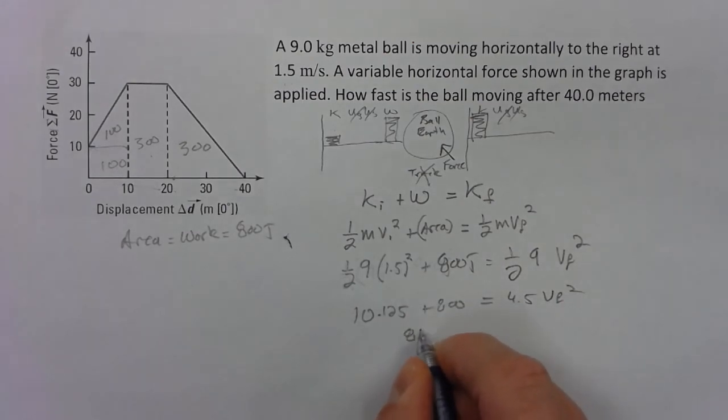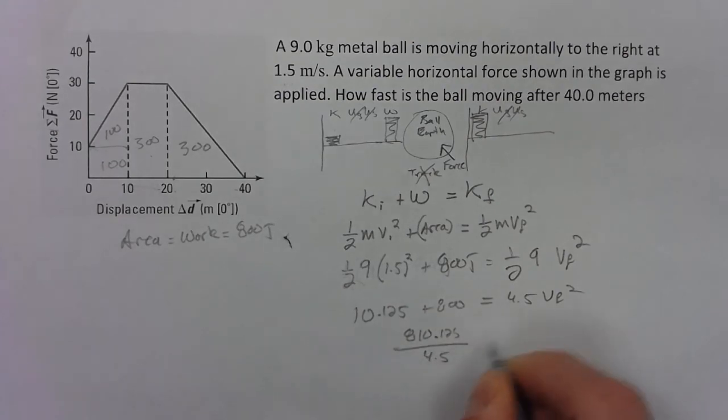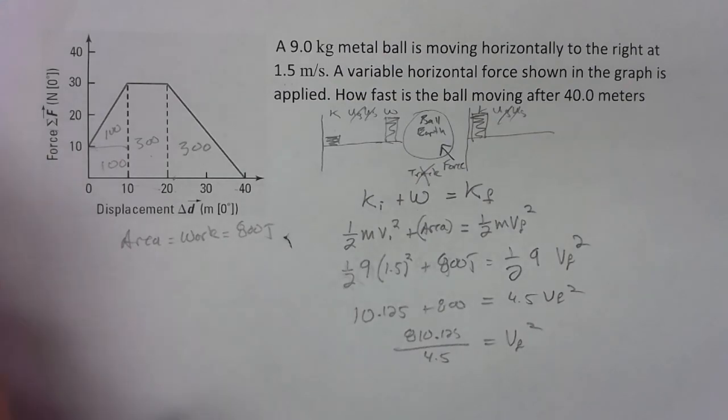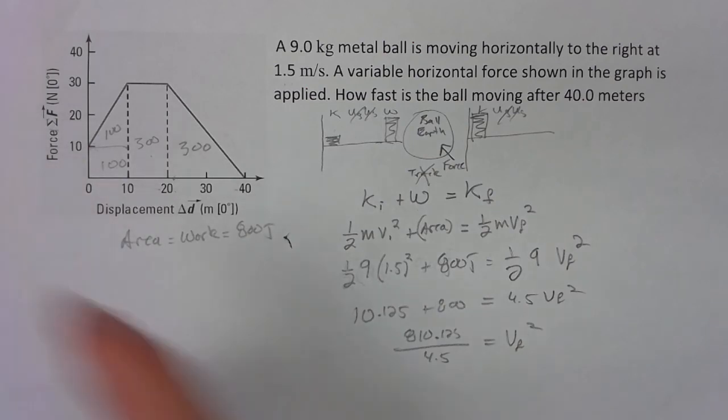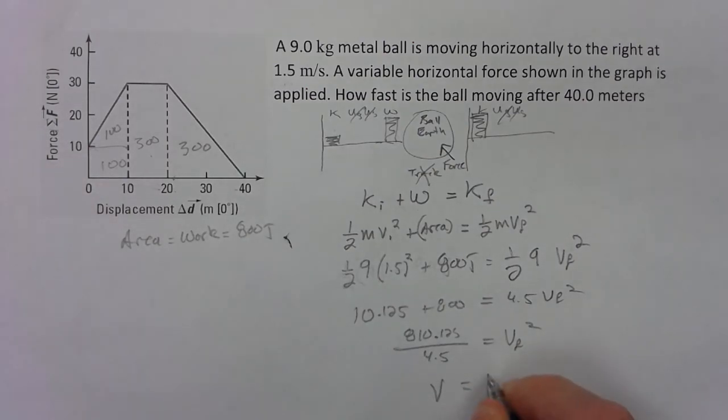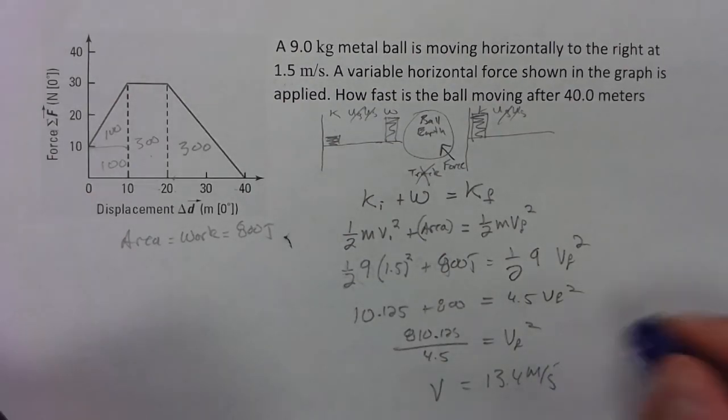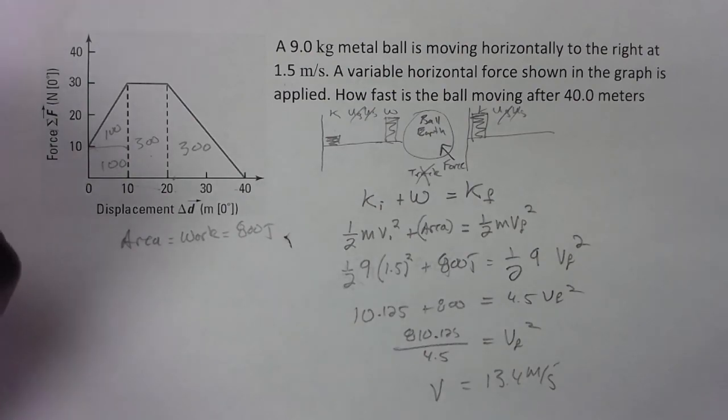So we've got 810.125 divided by 4.5 is our velocity final squared. So we get a velocity final of 13.4 meters per second. There we go. Sorry about that mistake. I'll post this